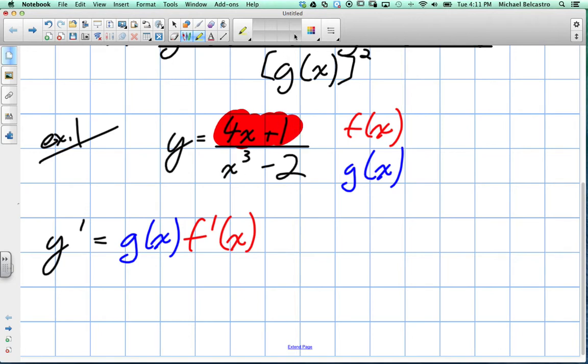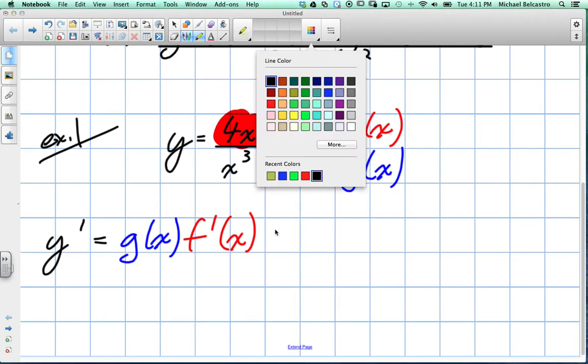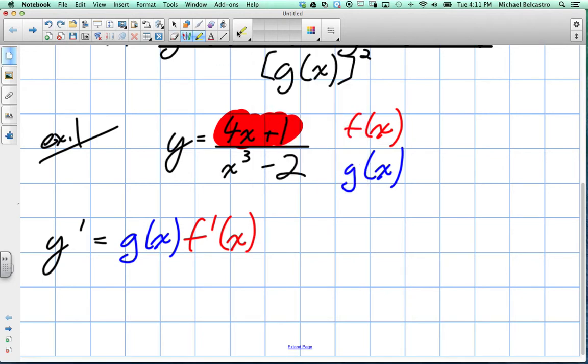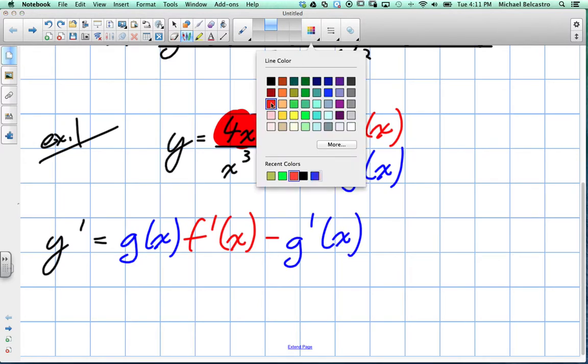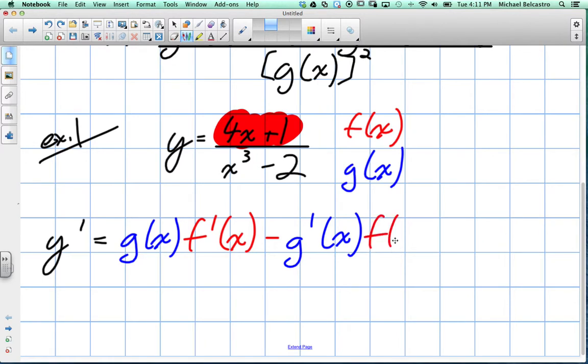This being our f function, subtracted by our g prime x. So the bottom of our function, g prime x, times the original f at x, and all divided by our g